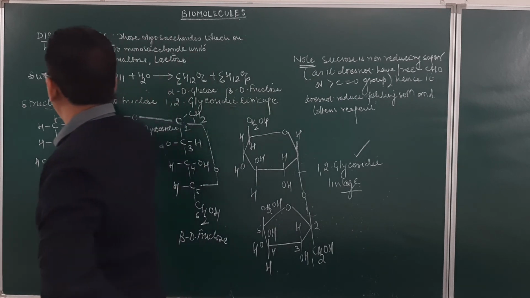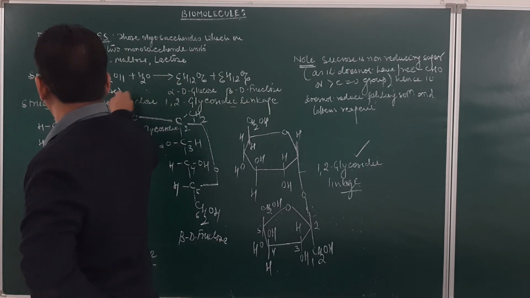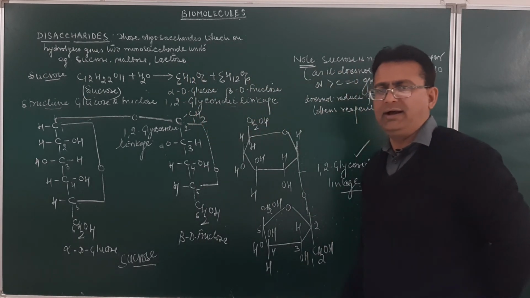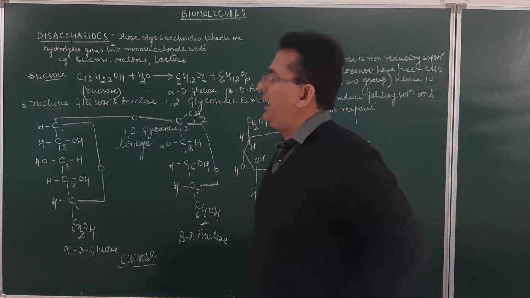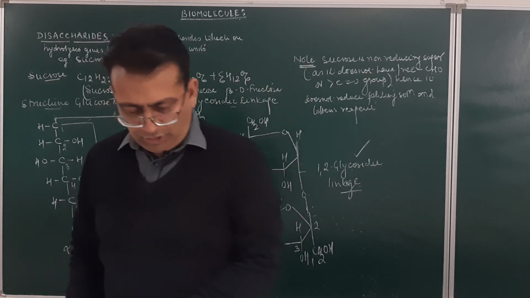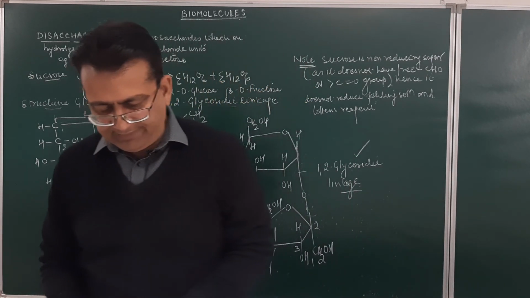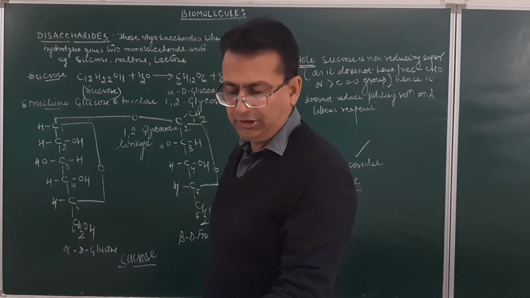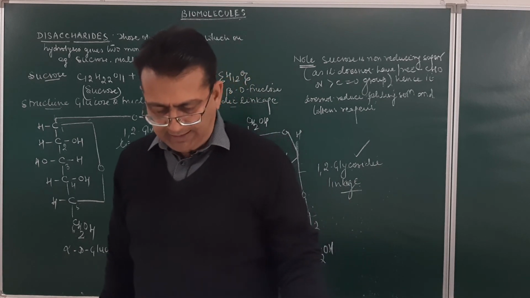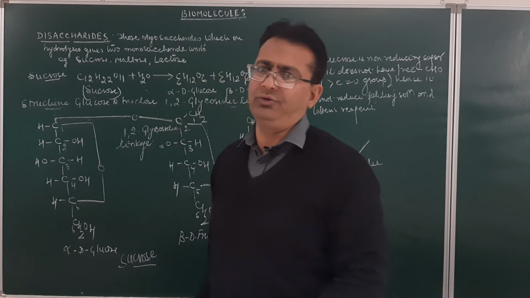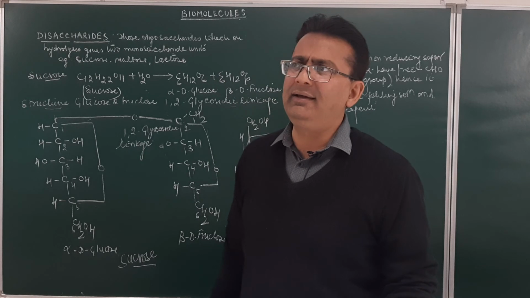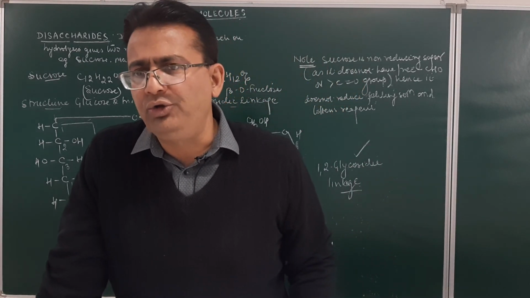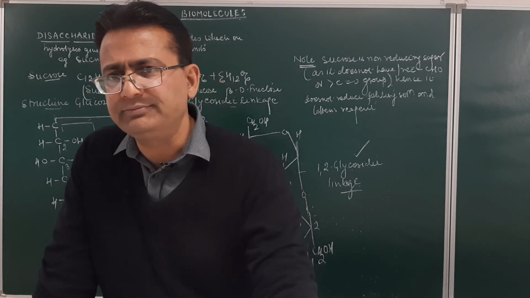Sucrose is a disaccharide which on hydrolysis in presence of acid results in the formation of a glucose and a fructose molecule. Am I clear, student, over here? So sucrose on hydrolysis will result in the formation of a glucose and a fructose molecule. These are alpha dextroglucose and beta dextrofructose. Sucrose is a sugar basically. Fine. In fact, it is a non-reducing sugar. Am I clear?